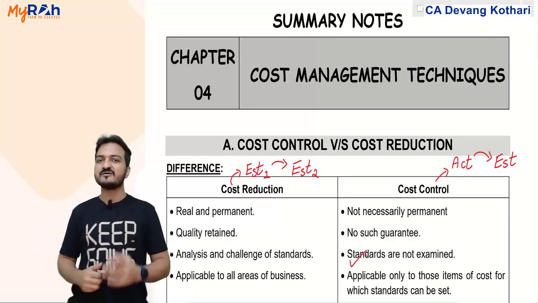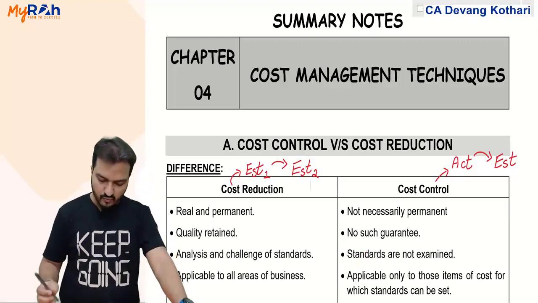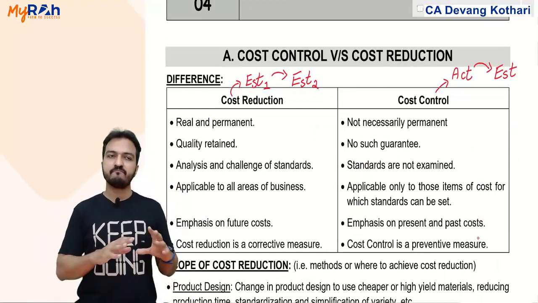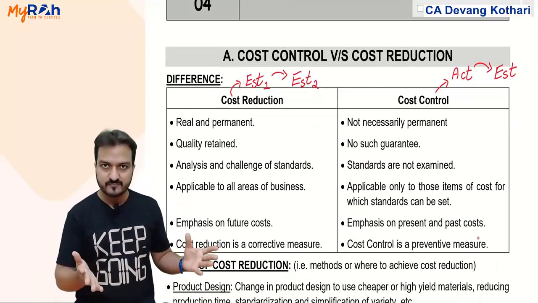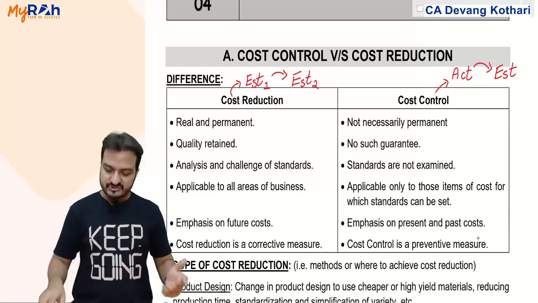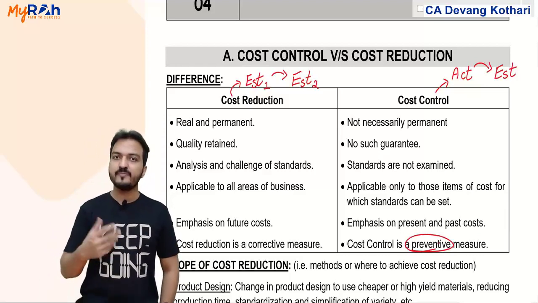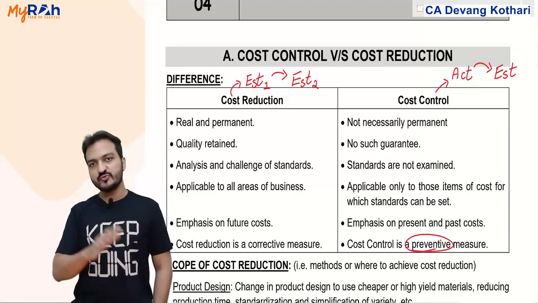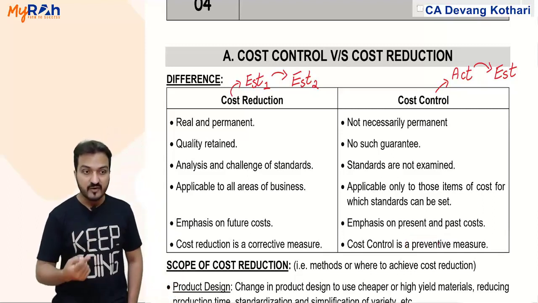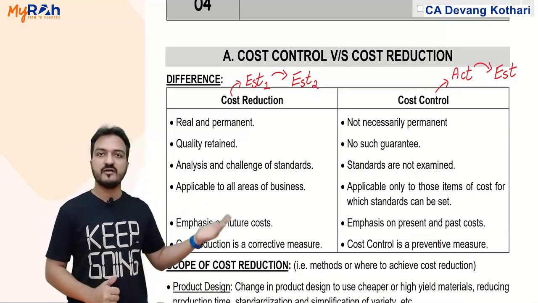Also, how will cost control be done? How is cost reduction done? Remember, cost control was done how? Well, cost control was done by avoiding mistakes, by preventing the mistakes that you used to do. Yes, so cost control is basically a preventive measure. It is obtained by preventing the mistakes which we did in the last year. So naturally, cost control is implemented after the mistakes are done. Hence, I say it is a preventive measure.